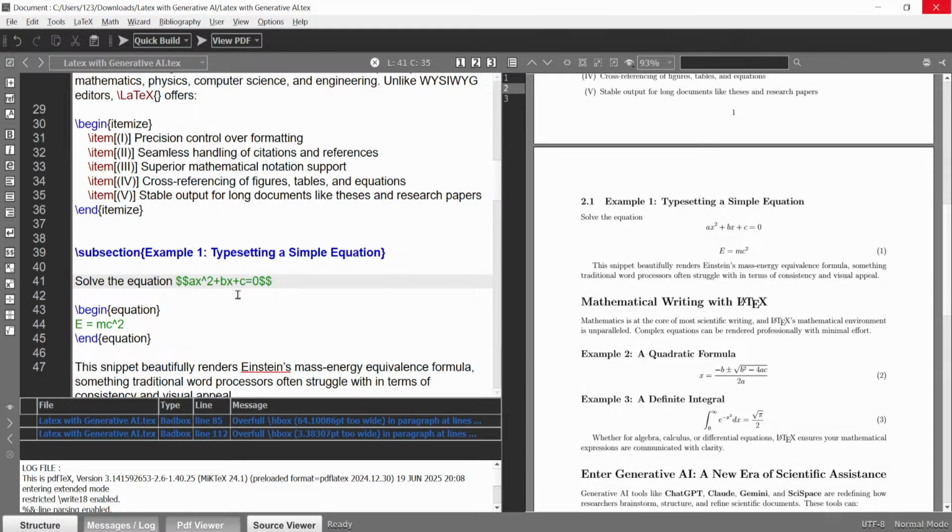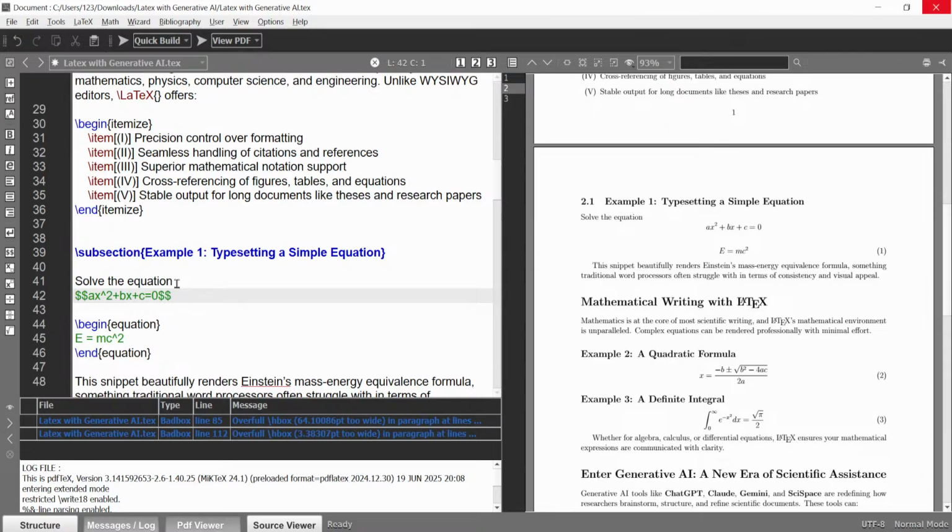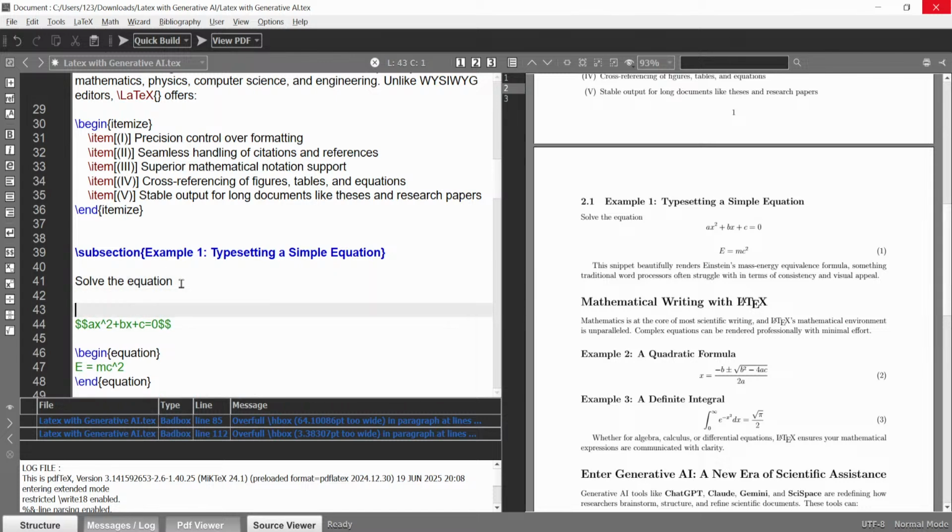If you want to write the equation with a number, in that case I have to use slash begin equation. There are two options: either you use equation or you use eqnarray. You can use one of them.